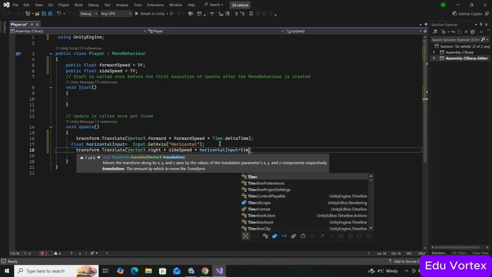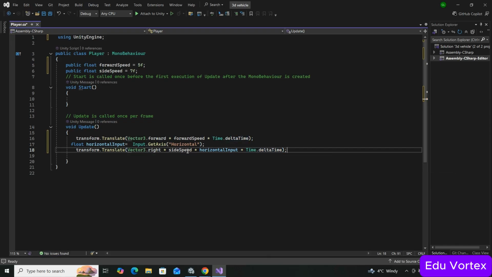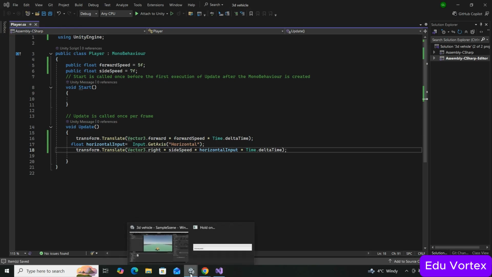And again, I will multiply it by Time.deltaTime. That's it. So you see the difference now. When we wanted to have constant forward movement, we just took our direction and multiplied it by some speed. But when we want to control our movements, such as side speed, we are including our input there. Now that's pretty much it. We can basically save the script, let it compile,